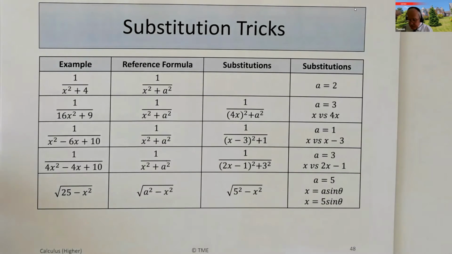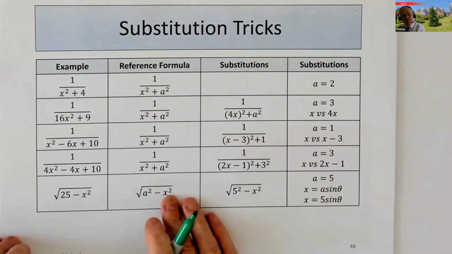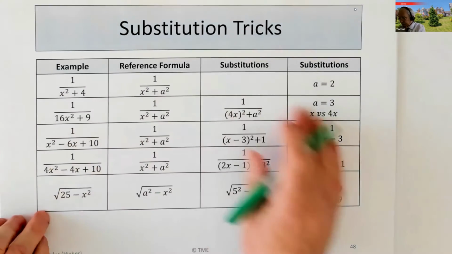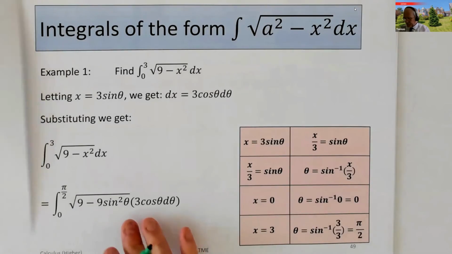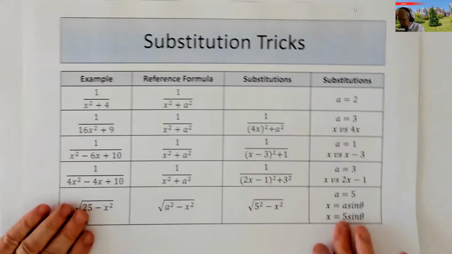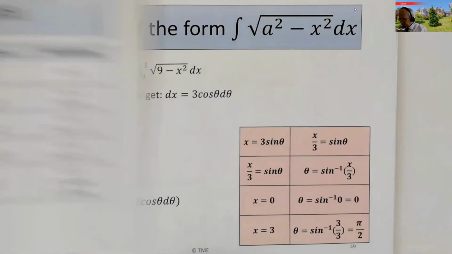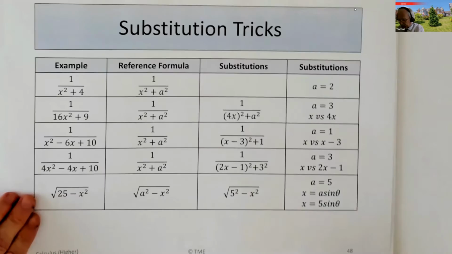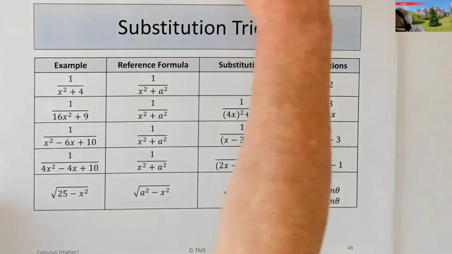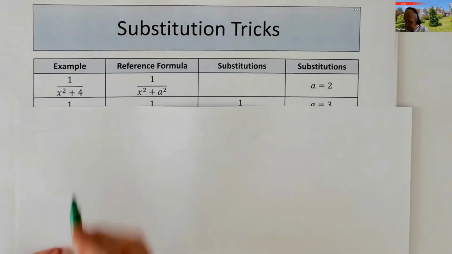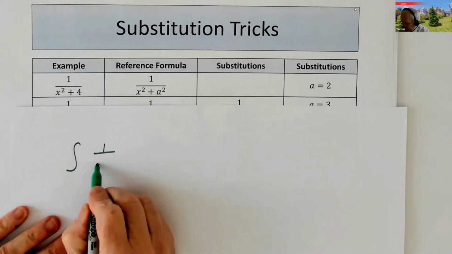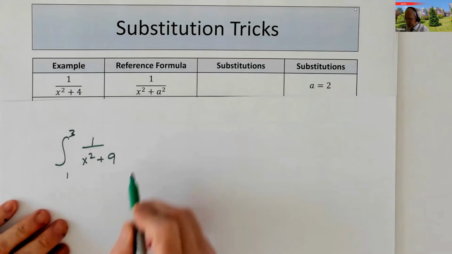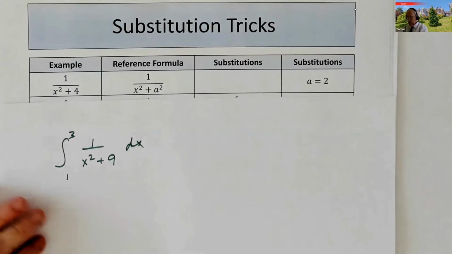Now, the next page is a bit of some tricks, and they give you some of these as well in the tables. And you can see, are any of these tricks being used? So if you see any of these. So again, if somebody says integrate, let's take the first one. If somebody says integrate 1 over x squared plus 9 between 1 and 3 dx. You'd look up this and you'd say,